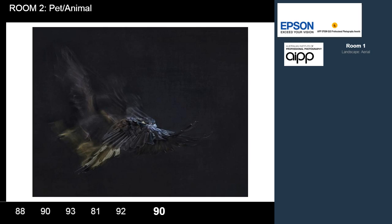Okay. So we might hear from Mark on 81. This is one area where, yes, the composition, the capture is so well done. Unfortunately, presentation, and this is where going to the length of detail in the blacks has gone too far, and the degradation just above the bird's head and to the right in the black has actually gone to the point where we have